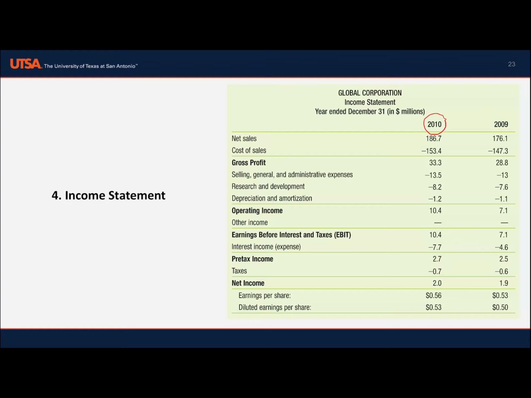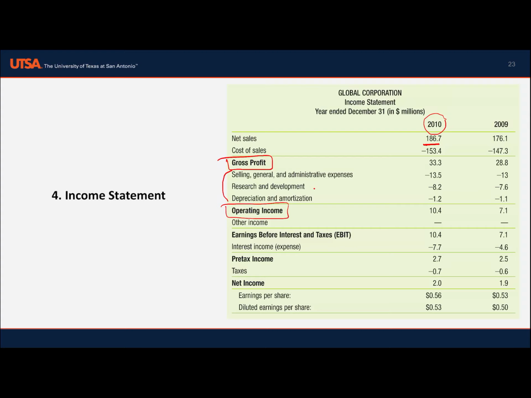Net sales are 186.7, cost of sales 157.4. When we subtract the cost of sales from net sales, we get gross profit. When we subtract selling, general and administrative expenses, research and development, and depreciation and amortization from gross profit, we will get operating income. When we include other income,